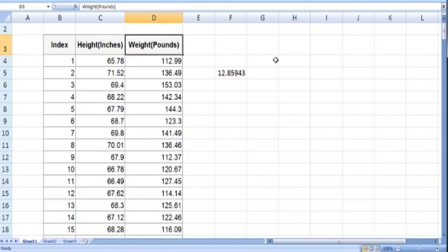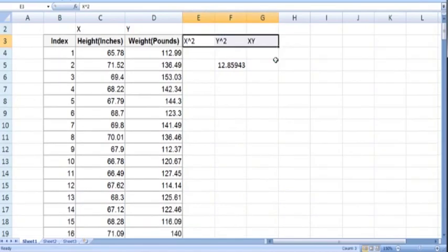You can label this variable as x, the second one as y. You can construct different columns, x squared and then y squared, and then this product xy, and you can calculate their values and use the formula to find the correlation coefficient.